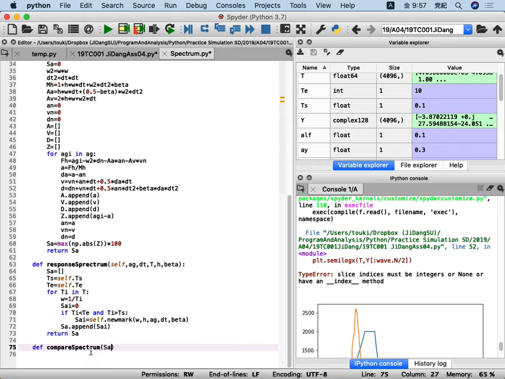So I have a target spectrum, and we have SA. Target spectrum. We have T, and we have AG. Okay, we have error, tolerable error,